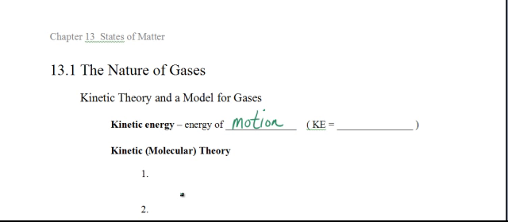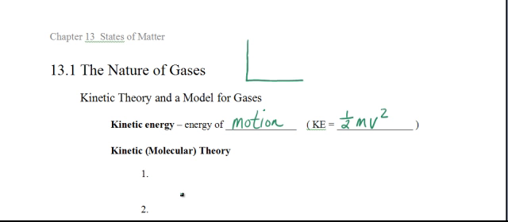Now, there's an equation that expresses kinetic energy. You may have seen this before. This is KE, kinetic energy. KE equals 1/2 mv squared, where m is the mass and v is the velocity. Now, if you notice, kinetic energy is related to the square of the velocity, meaning that this is going to be an exponential relationship. If you look at different mathematical relationships, and we went over this a little bit in the opening chapters,